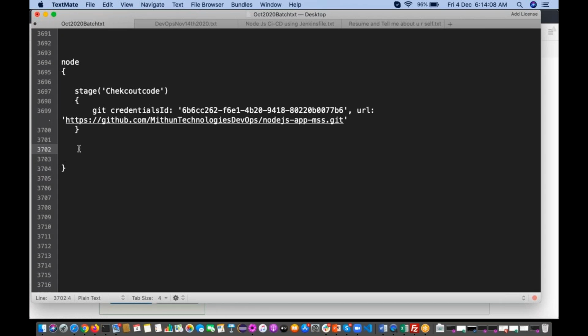The second stage is build. Here you can use one command, npm install. You have to execute it as a shell, sh. So keep this command in double quotes.